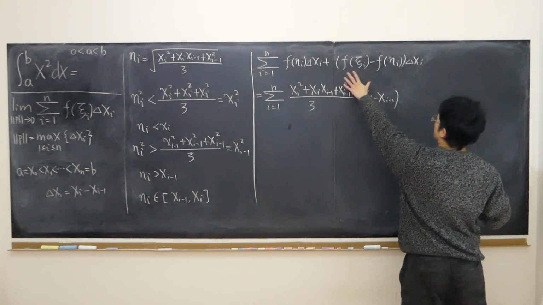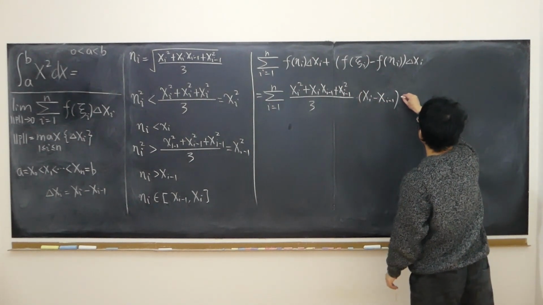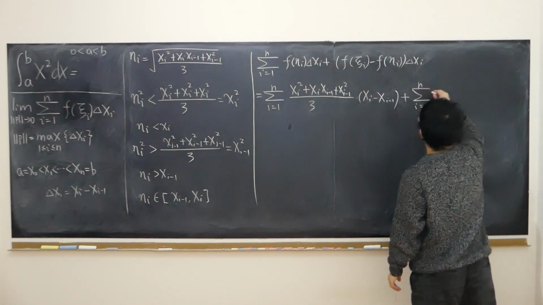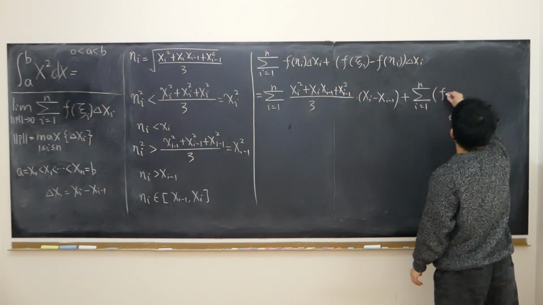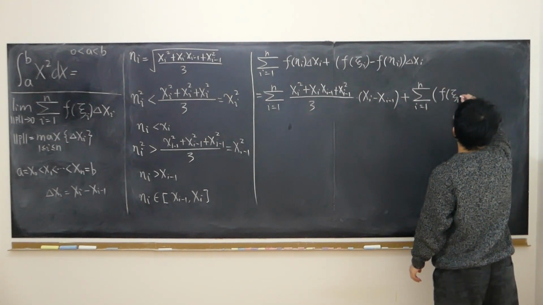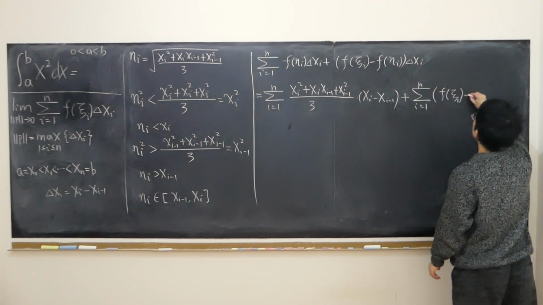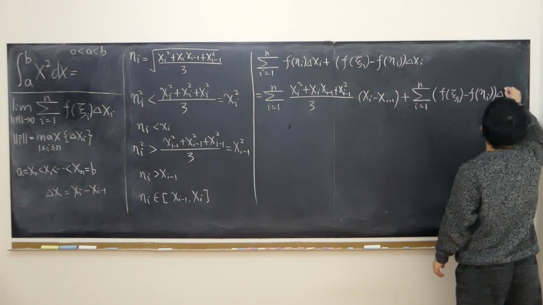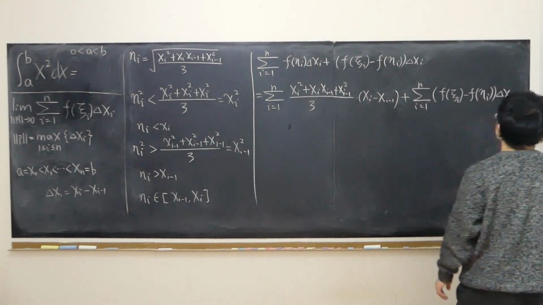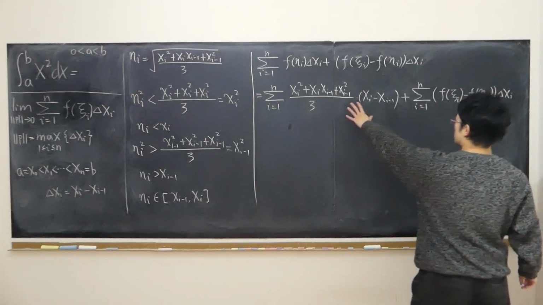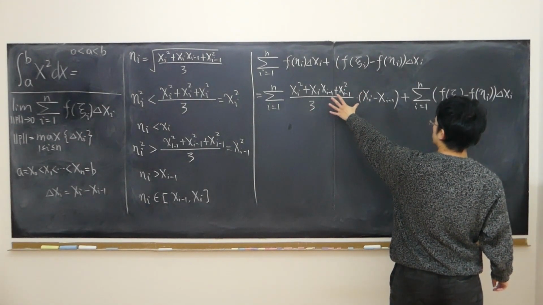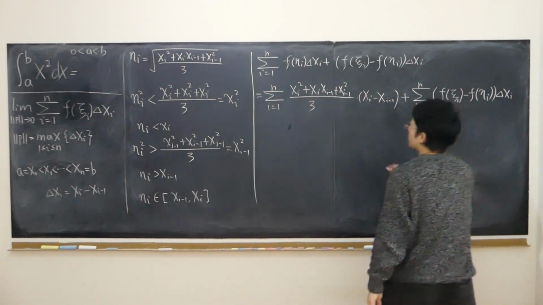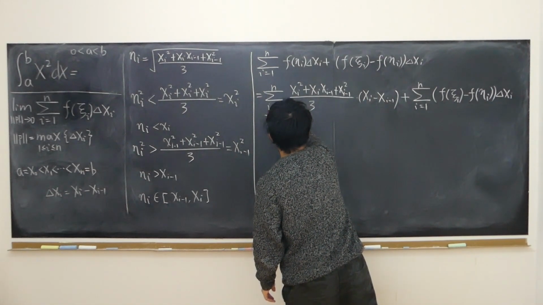And as for the second, I'm going to split up into two sums, plus the sigma of i from 1 to n of f of xi minus f of eta i times delta xi. And this is in fact a formula of difference of cubes. So this first sum